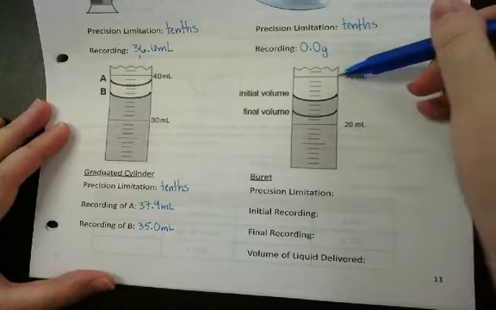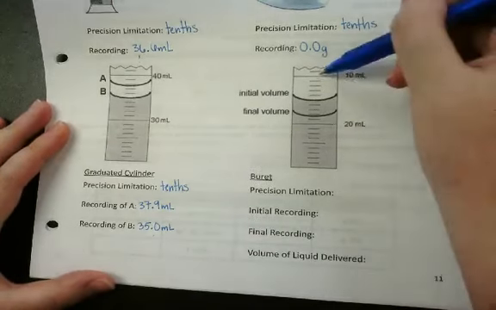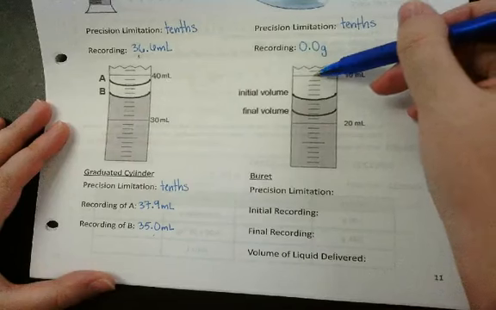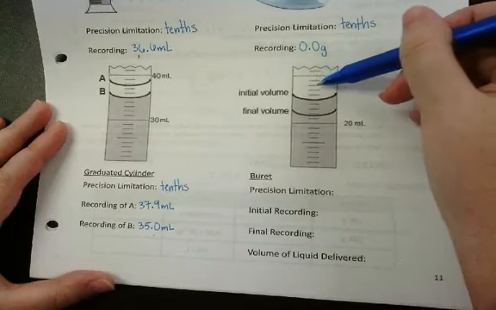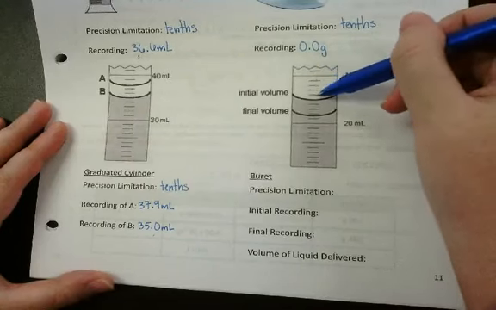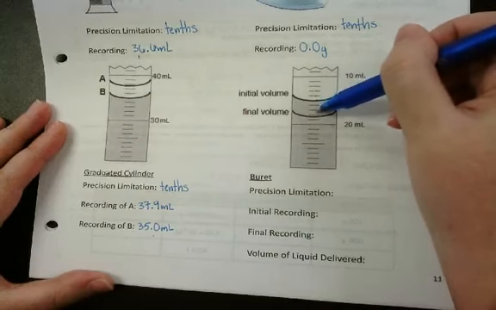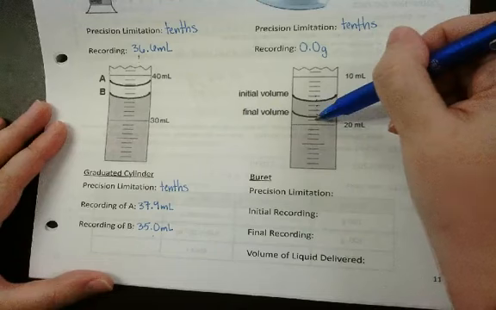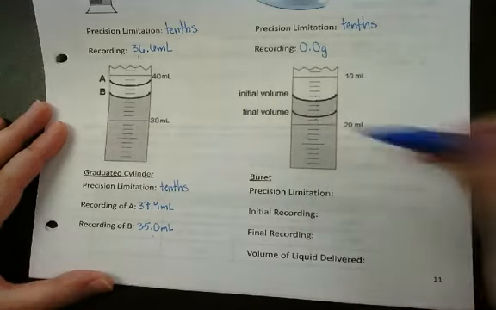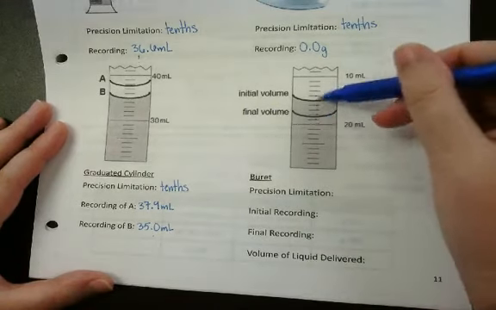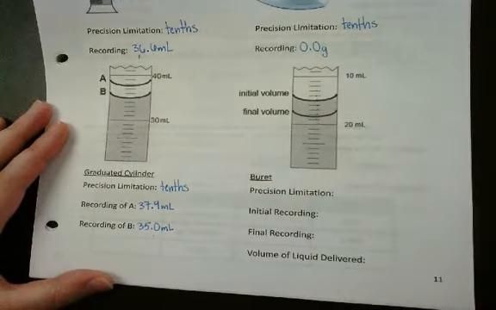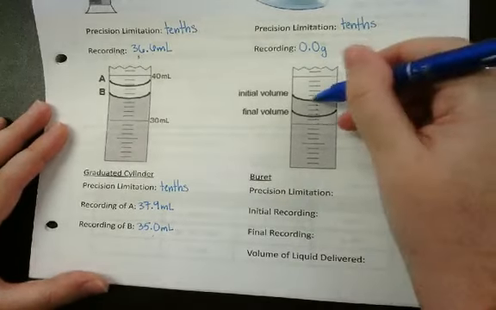So we're still going to go 10 to 20. However, we're going to go down. So this is 10, 11, 12, 13, 14, 15, 16, 17, 18, 19, 20. Okay? So this is not 20.5 or whatever it is. This tick mark right here is